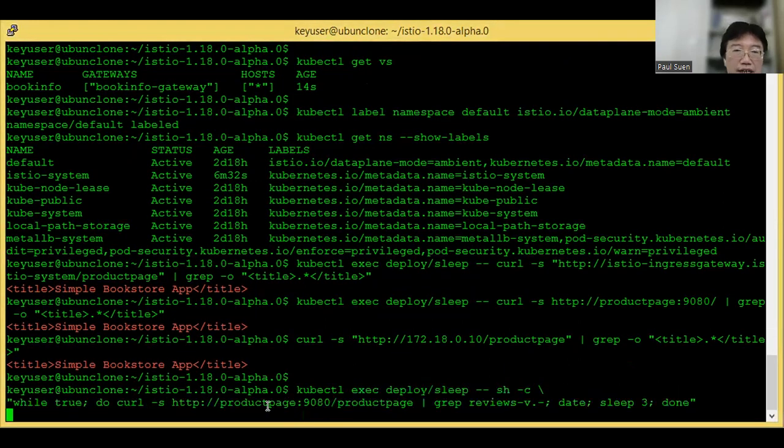And this URL will cause the product page application to access the reviews service at the back end, because we have yet to define a virtual service for reviews. So it will use the default round robin load balancing method to rotate the requests to the 3 versions of the reviews pods. So let's check out the result.